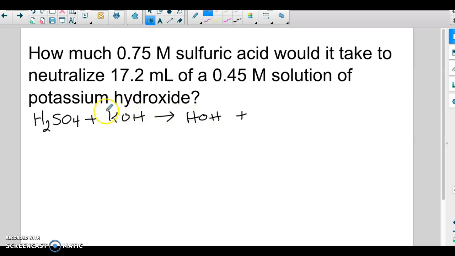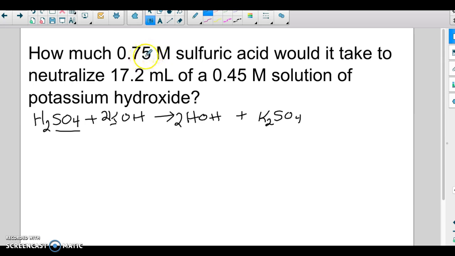And then I know that the metal of the base and the anion of the acid are going to go together. And I know that sulfate is -2, so that's why I'm going to bring that 2 down. Potassium's +1. So then I would want to balance it. So once I'm balanced, then I can look at the question, or I could have looked at the question first,